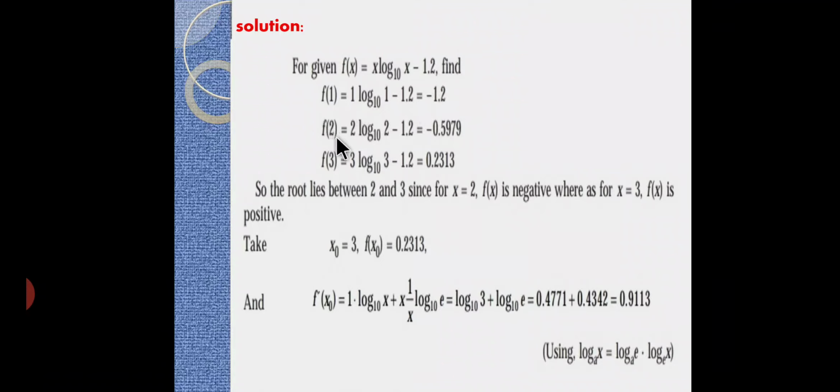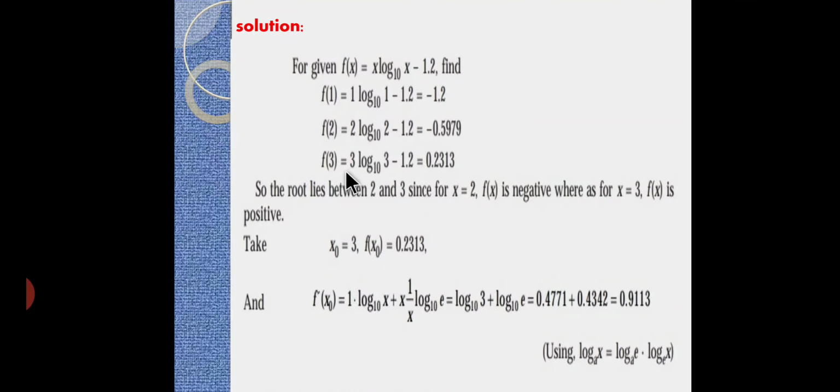At x is equal to 2, f of 2 is equal to 2 log 2 base 10 minus 1.2, which is equal to minus 0.5979. And at x is equal to 3, 3 log 3 base 10 minus 1.2 is equal to